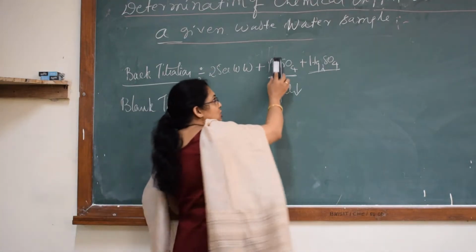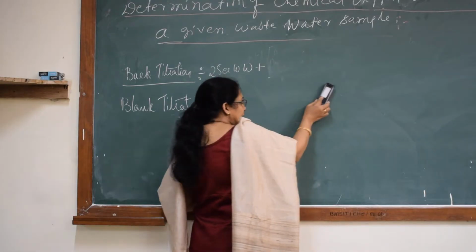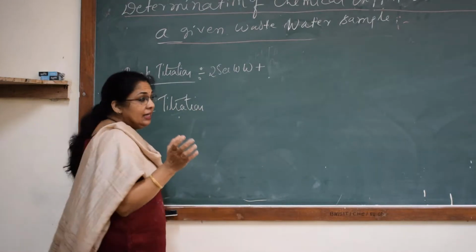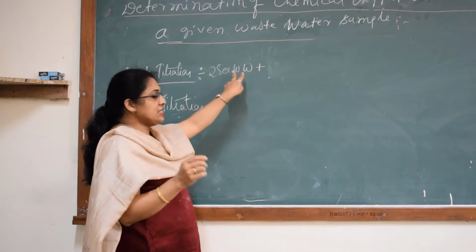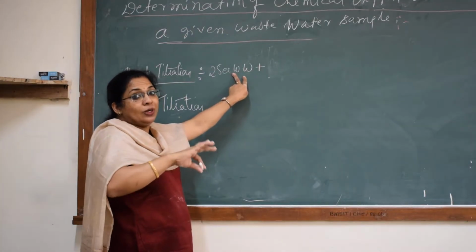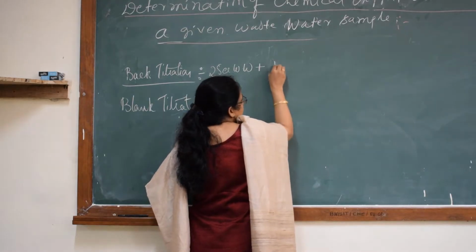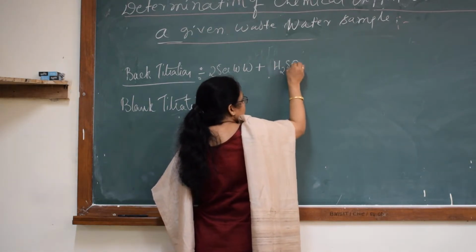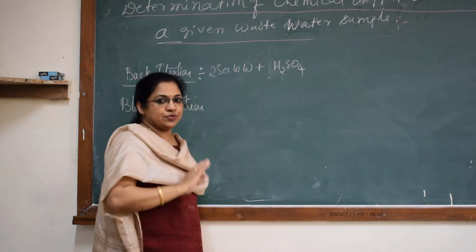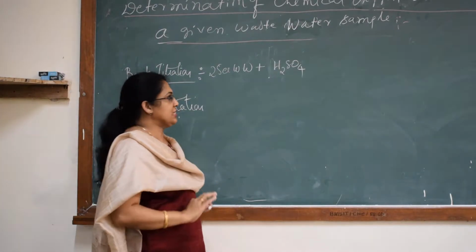In fact, I am not going to write it here because I am not going to add these two, because all of the things will be done and given to you. So just take the wastewater which is given to you. It's already been treated like this. Then you need to add sulfuric acid, H2SO4. This 10 cc of sulfuric acid is added.